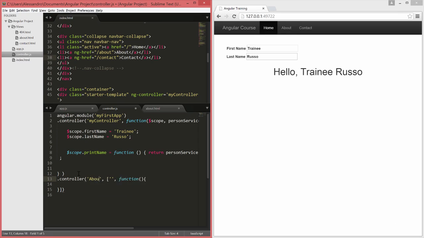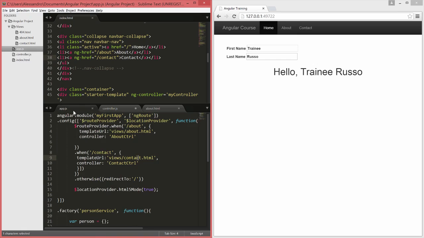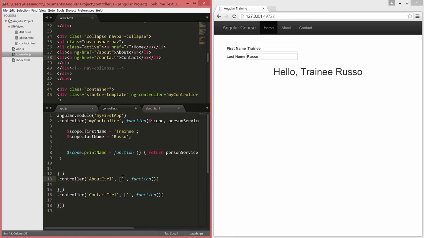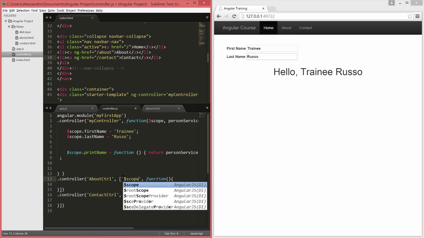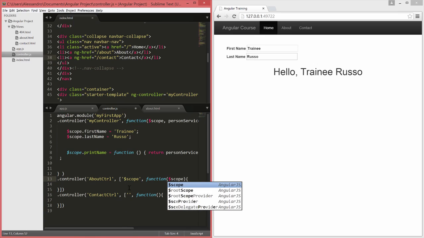We can save this page, and then we'll move to our controller.js and we'll create a controller here, about CTRL, and another controller in here, which is the contact CTRL. We can inject the scope object, scope,